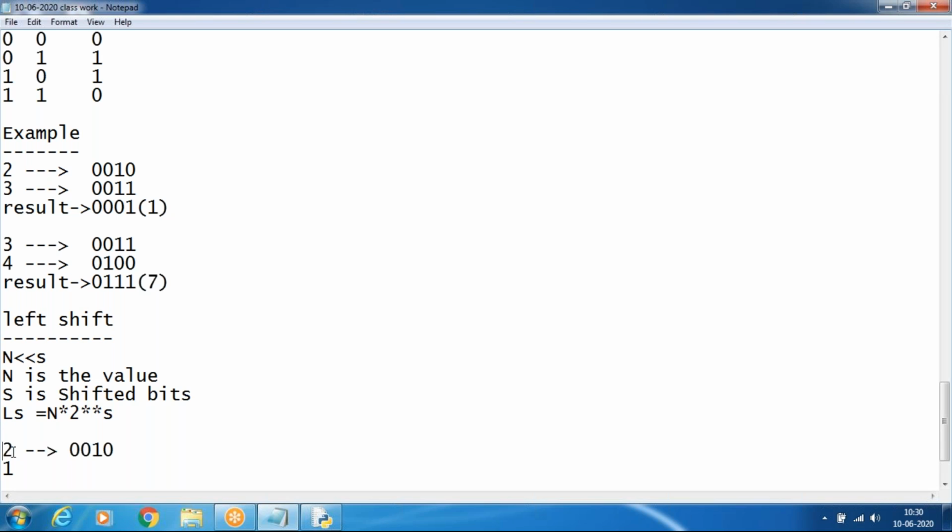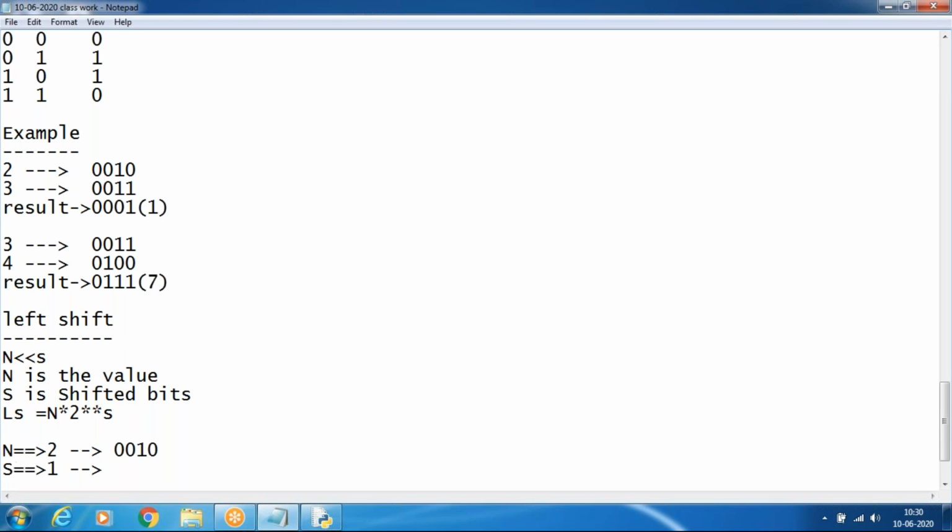This value is n, and the shifted value is yes. So we'll see the value. It's 0 0 1 1, a 1 bit shift. The shifted bit is 1.